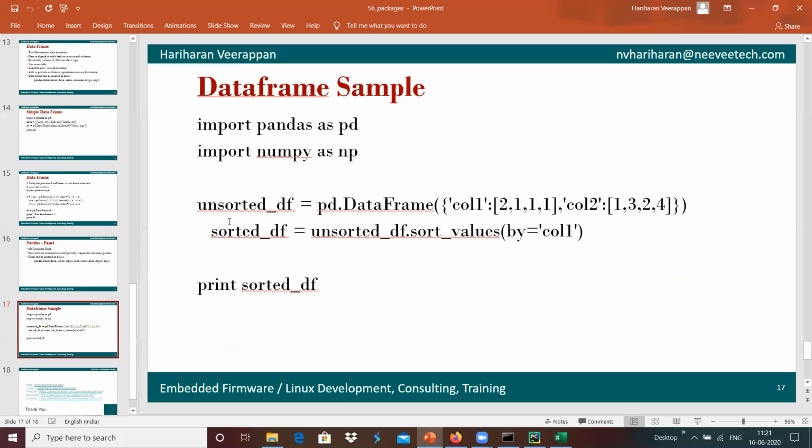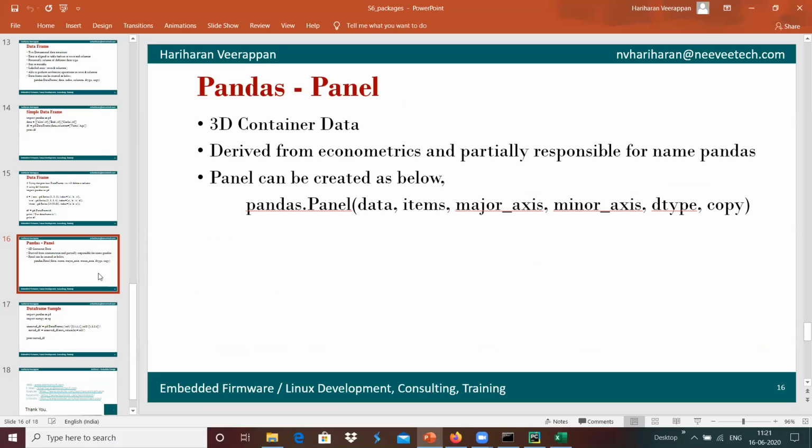And we have another data type, a 3D container data called a panel, which can be derived from econometrics and is partially responsible for the naming pandas. The panel can be created with the help of data similar to that 3D container data, with major axis and minor axis that we define to create a panel, similar to a data frame.